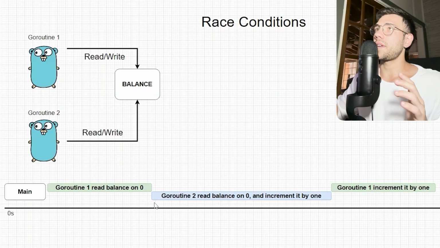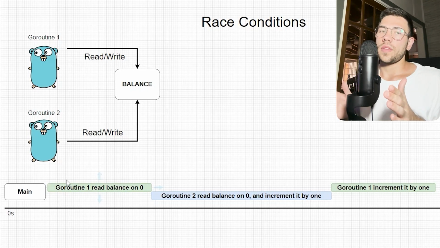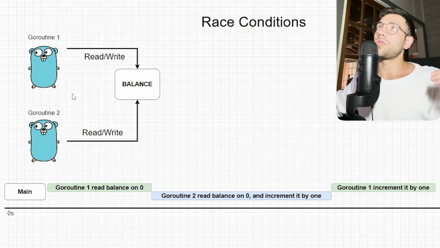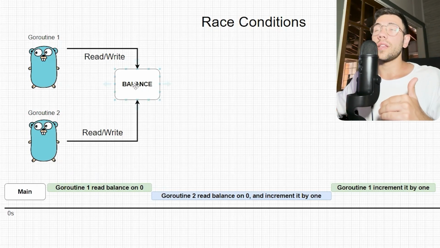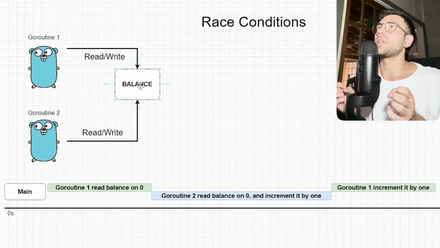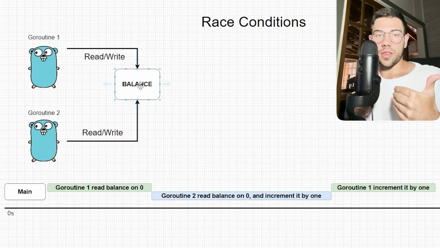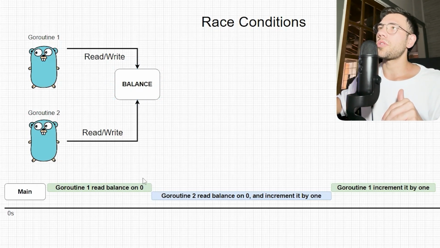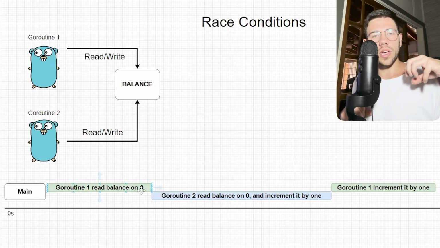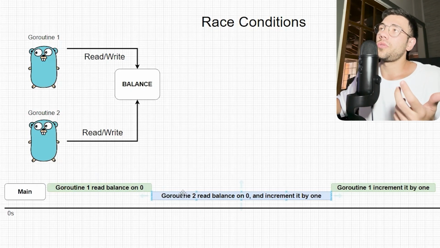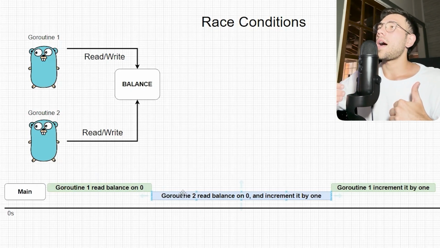For example, in this timeline, you will see this easily, because goroutine number 1, in this case, executes first, and this goroutine starts to execute. The first thing that this goroutine does is read the value of this variable. Once this goroutine reads the value of the variable, it will have to increment the value by 1. But at this point, the operating system kicks out that goroutine and puts goroutine number 2 to execute. Goroutine number 2 starts executing, and the first thing that this goroutine does is read the value